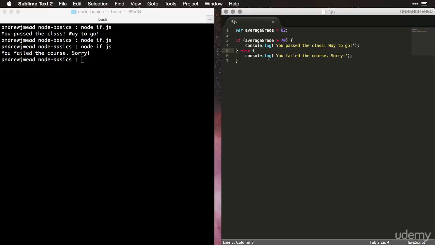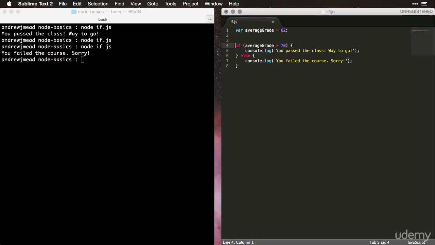To add this in, I'm going to simply, up at the top, add a few lines. First, I want to type the if keyword to get started. Next, I'm going to specify my condition. If average grade is equal to 100. When you want to compare two values and see if they're equal, you use the equal sign, but you have to type it 3 times. 1, 2, 3, just like that. If the average grade is equal to 100,